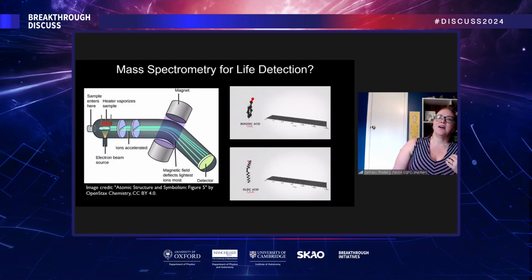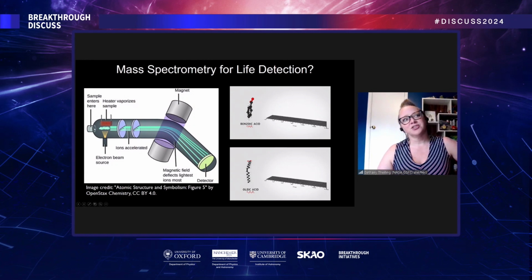So a lot of the work that I do and the group that I'm in here at NASA Goddard is in developing mass spectrometers for spaceflight. So I'm going to give you just a brief overview of how a mass spectrometer works so that at least you have a sense of what kind of data I'm looking at. So the sample enters here. We usually try to make sure that it's a gas by the time it enters a mass spectrometer. They don't like water. They don't like salt either, it turns out, which is going to be challenging later on.